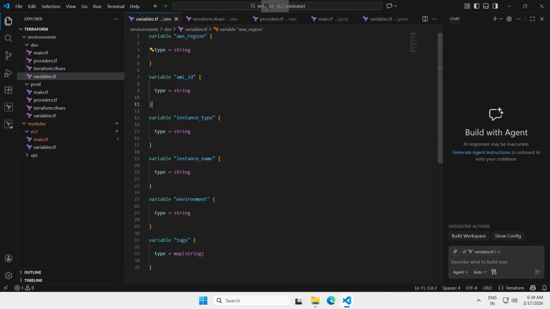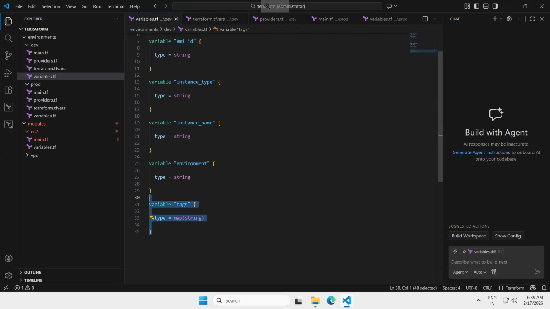String for AMI ID, instance type string, and tags I'm using map. So how do we use this map? There is Terraform documentation, and from there we can adapt this and see how we can use it further. Then I'm going to use it